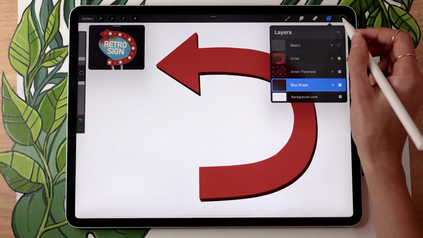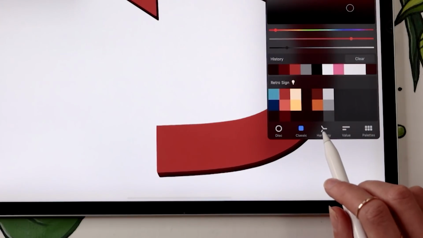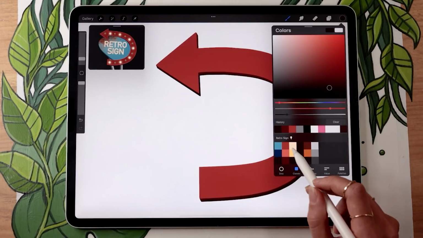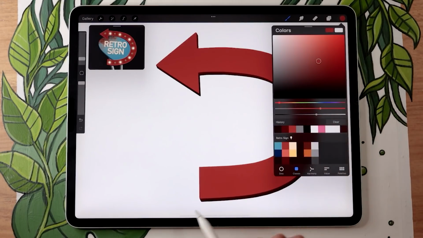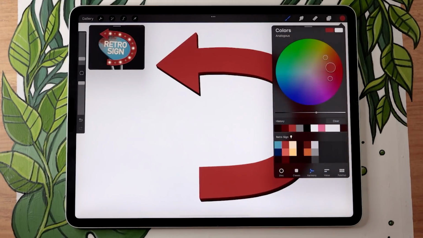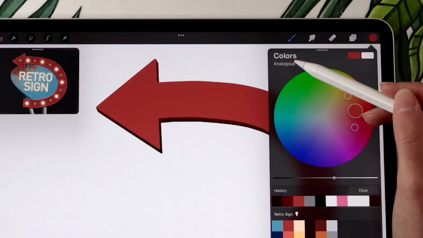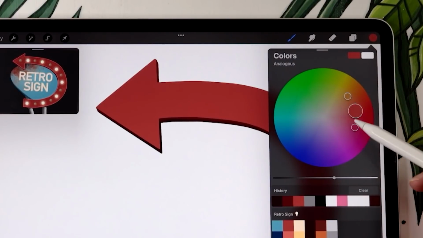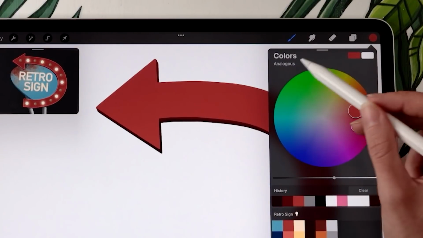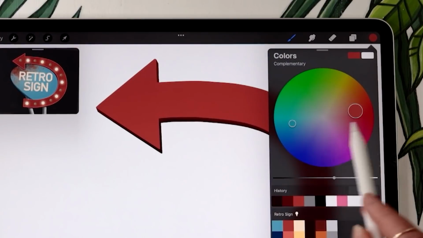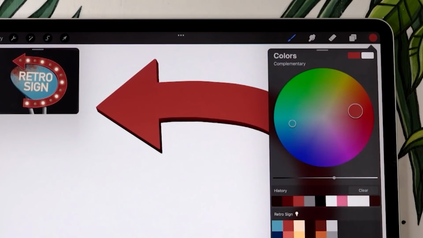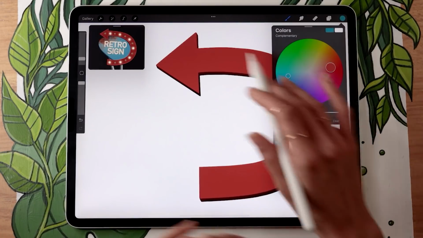You can totally eyeball which color you want to use here. But in Procreate, within the color panel, there's a super handy tool, which is the harmony option here. For example, if we go back and pick the red that we used for our arrow, in the harmony tool you're going to see the color wheel with a few suggestions, which are Procreate mathematically calculating which colors would go well with the one you have selected. Right now I have analogous selected, which means Procreate is giving me two colors that work well and are pretty similar to the one I have selected. But if you want something super different, instead of analogous, you could pick complementary, which gives you the color that is opposite on the color wheel. You could totally use that as your secondary color.